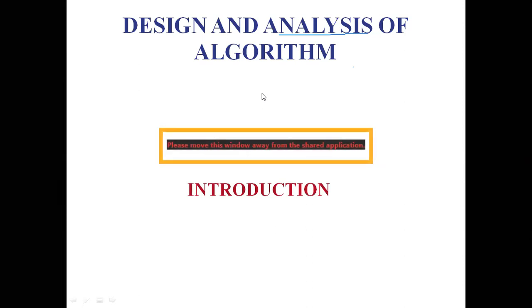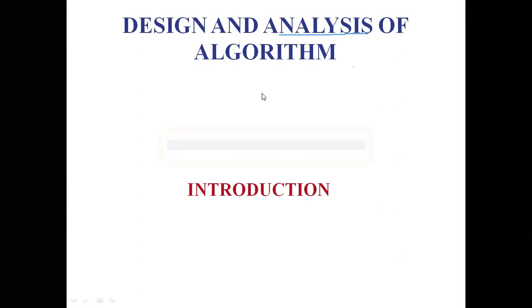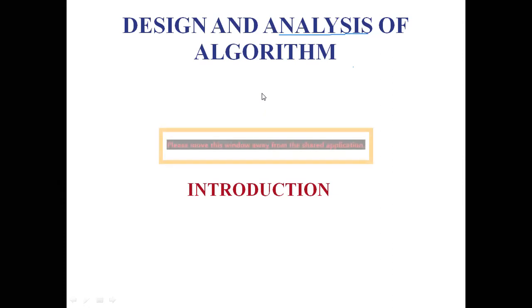So what to analyze: the first one is the running time of the program. Then we have to determine the maximum memory space needed for the program data. How much space is required for that data, and what is the running time? These are what we have to analyze. Then we have to determine the total size of the program code. How much code is required for that program? What is the size of that code?